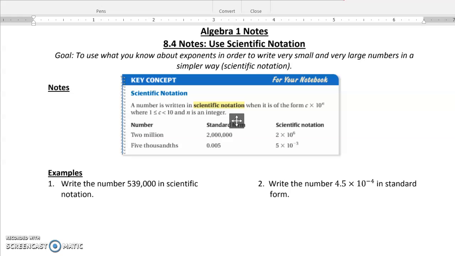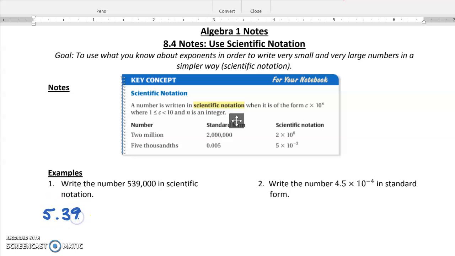Okay, writing a number in scientific notation. We need to write the number as a number between 1 and 10 times 10 to some power. So in this case, we have to move our decimal from the end of the number, right? Because right now, the decimal is over here at the end of that number. We have to move it so that it comes after the first non-zero number. So this is going to be written as